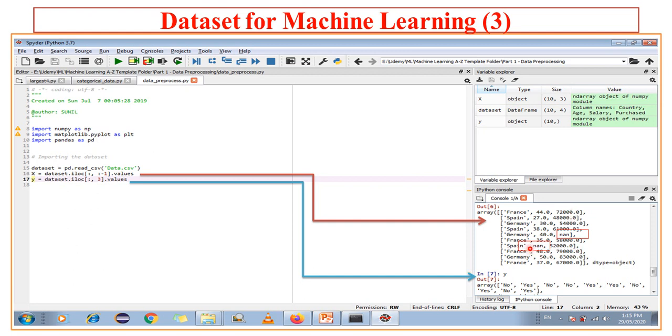Now if you see here, there are two entries in which there was no value, that was missing value. Those missing values are indicated by NaN. That means there is nothing over there, so NaN is the way that value is treated. NaN stands for not a number.